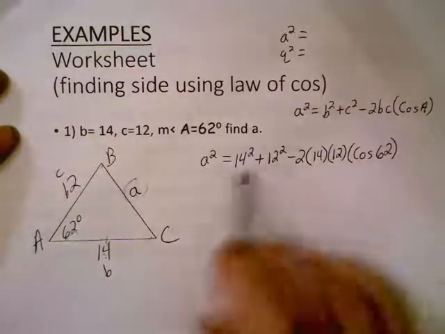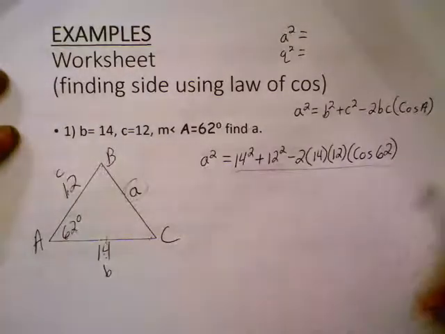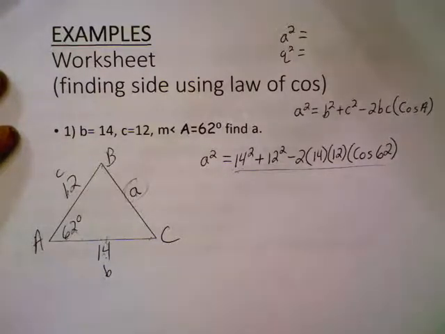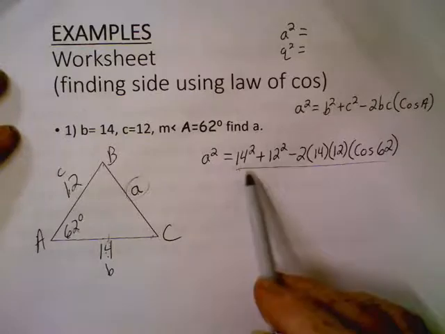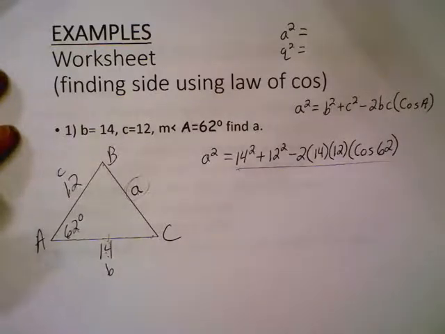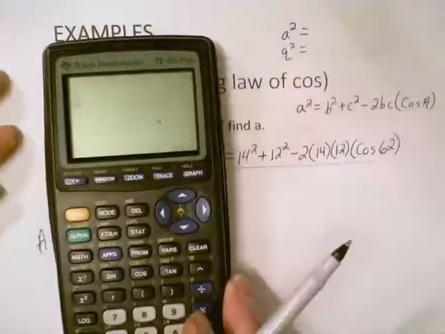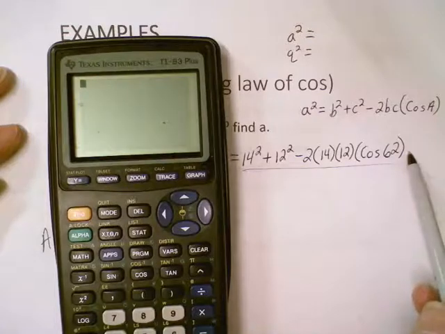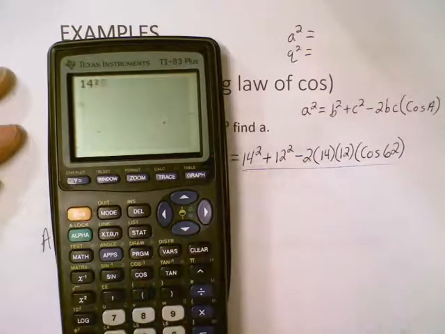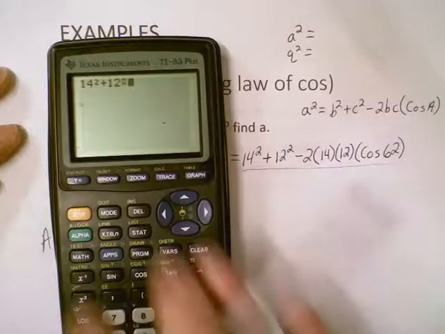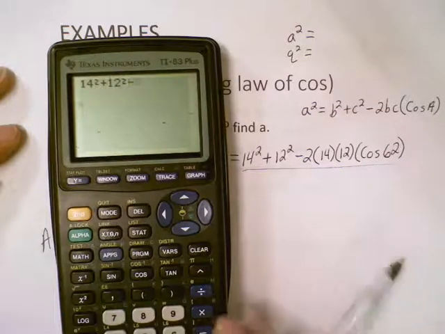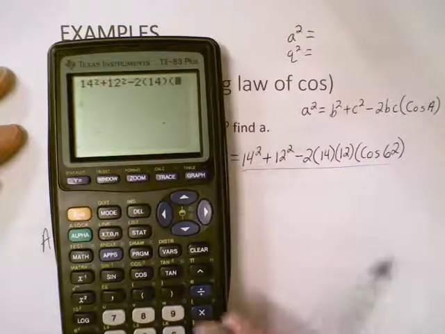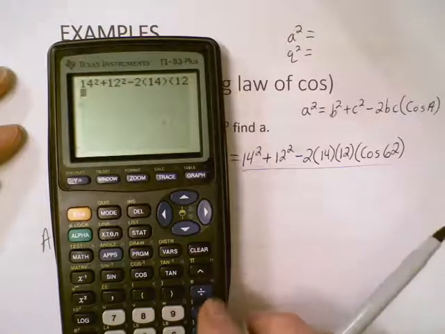So when you plug all that into the formula, you notice if you're looking for a side, you know everything. All this is numbers now. It's not hard because your calculator is going to do all the work for you. So all I'm going to do is take my calculator and plug this in just like it looks right here. 14 squared plus 12 squared minus 2, parenthesis 14, close the parenthesis, open another parenthesis, 12, close the parenthesis,